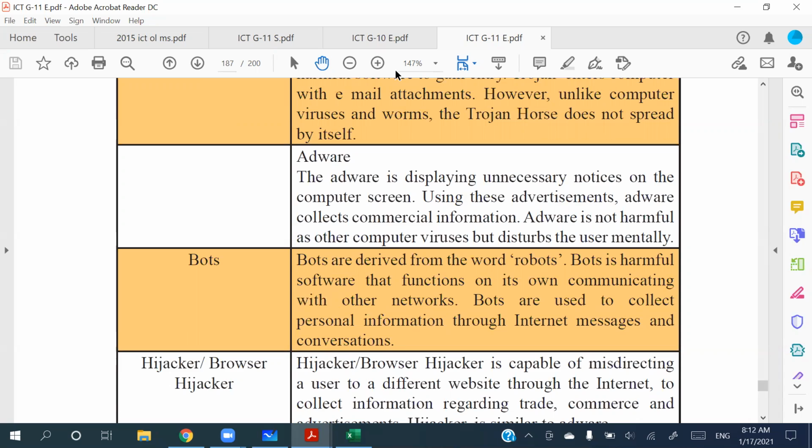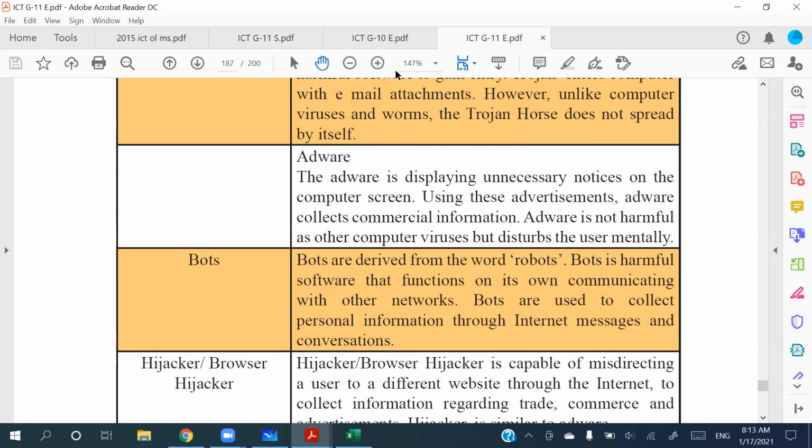So we give okay for that. So the adware gets installed. So it is bothering us, popping up a lot of advertisements and all these things, right? So it's not very much harmful, but it will be a hassle